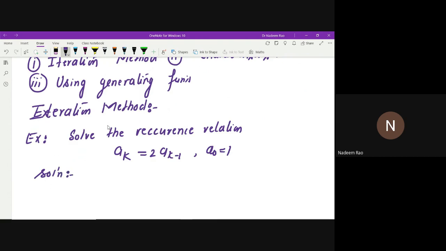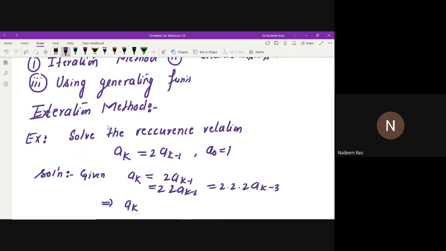Solution: given a_k equals 2 times a_(k-1). Now, what about a_(k-1)? a_(k-1) can be written as 2 times 2 times a_(k-2), and it can be written as 2 times 2 times 2 times a_(k-3). And similarly, it will go up to